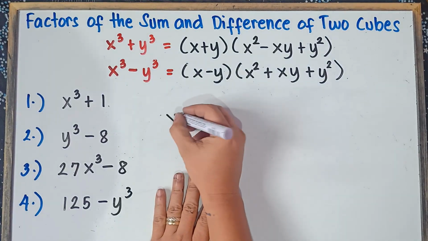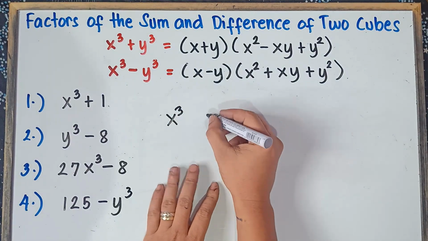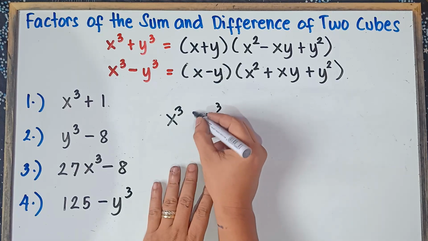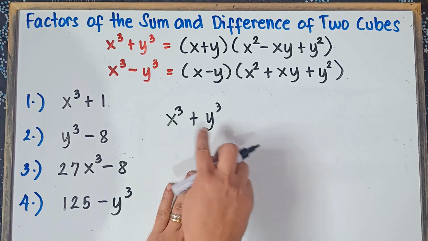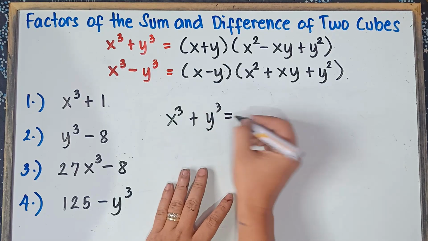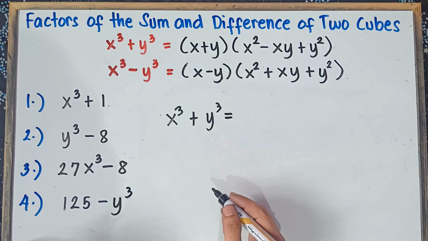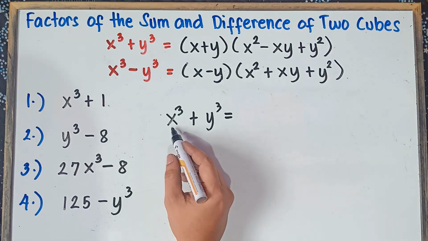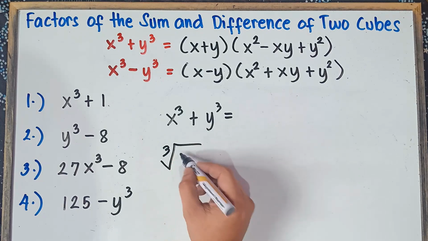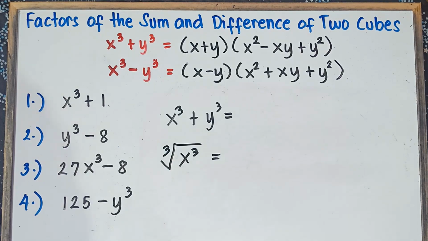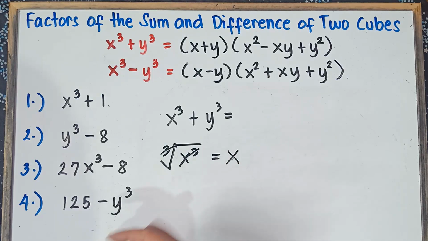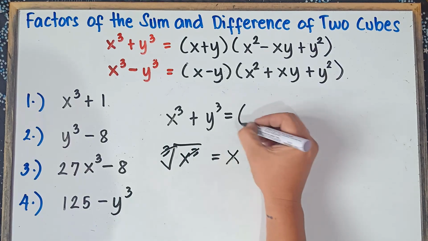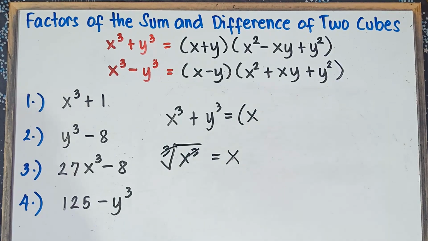If you are given x cubed and y cubed, and you have a plus sign, the first term is a perfect cube, the second term is a perfect cube. The first thing that you need to do, class, is simply get the cube root of the first term, the cube root of x cubed. What's the answer, class? That's correct, that would be x, right? We can just simply cancel this out, so therefore, the cube root of x cubed would be equal to x. Question, why is that, sir?